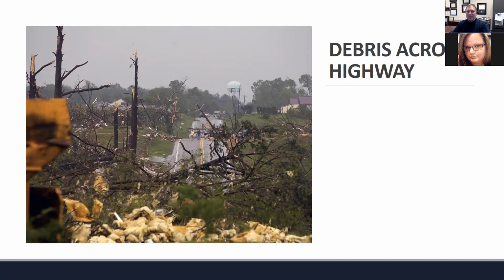Debris across the highway is a bigger issue. Again, this is not going to occur as the storm approaches, but it will occur after the storm has passed. And so a part of this is to help you understand that there will be a challenge getting responders to you to help. So your first responder is you. What can you do to prepare yourself, and what can you do to put yourself in a position that you can survive the storm and provide self-rescue and buddy rescue to be able to help yourself and to help someone else.